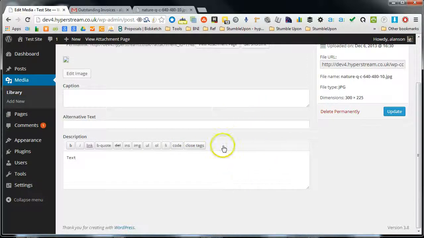So there should be our image, which is not, I don't know why, but there you can see the text. So let's just find out why that's not working. Let's come back here and we'll edit this image. So I think it's because it doesn't like our edits for some reason. I think that might be because of our file permissions on the server. I'm just going to restore the original image